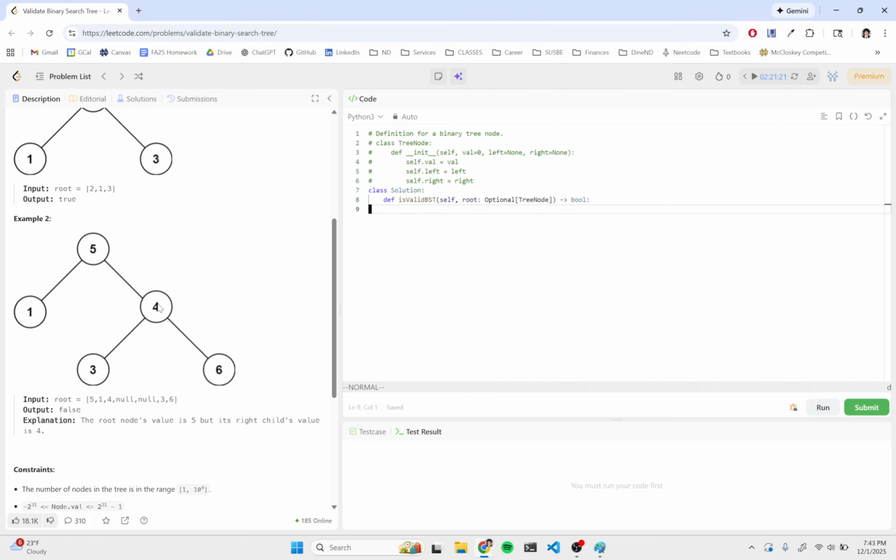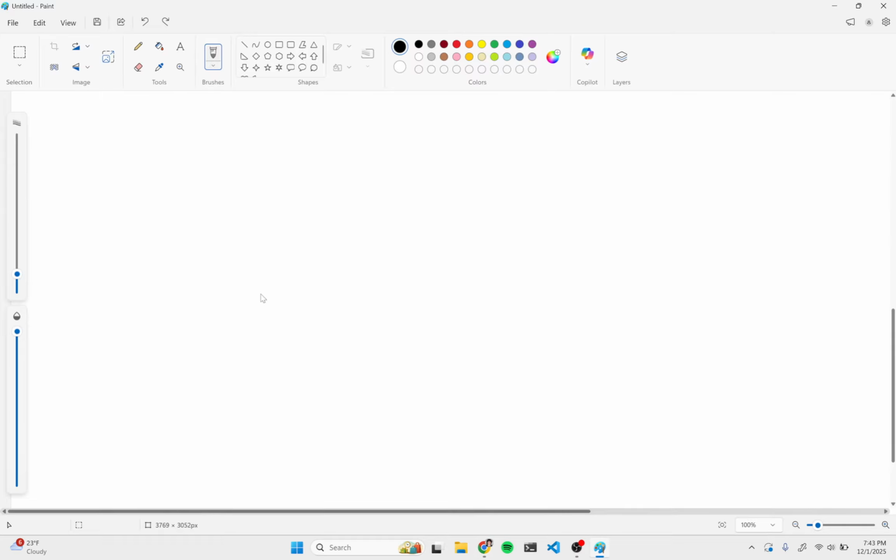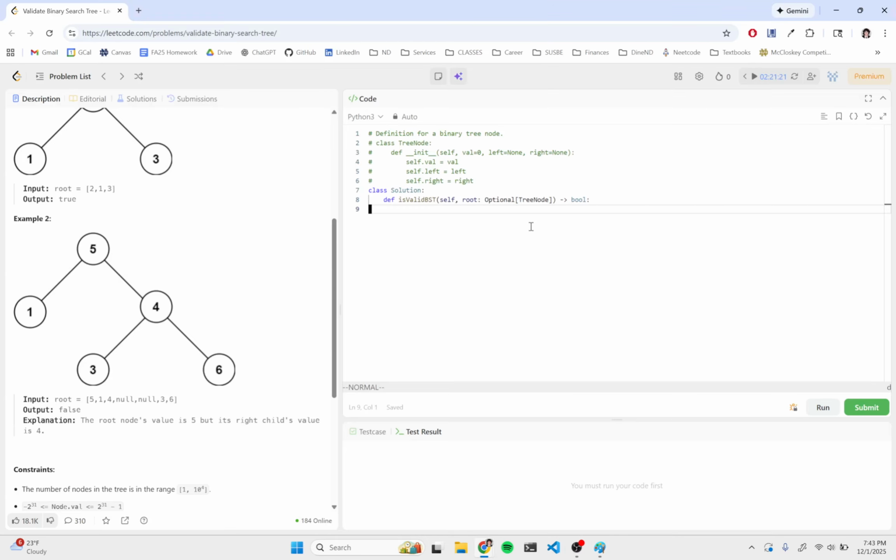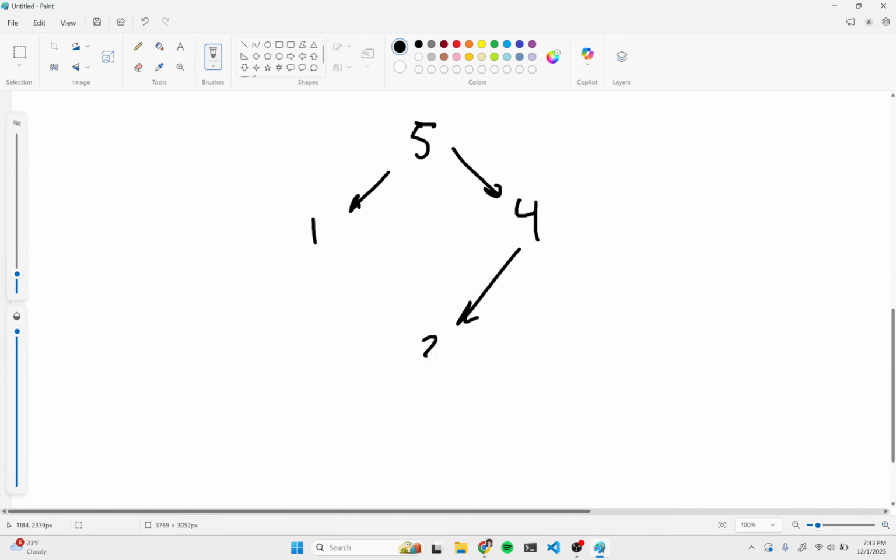I'll do this example that they have for me. 5 goes to 1, goes to 4, goes to 3, goes to 6. Nice. So I'm thinking another search again, or another traversal,